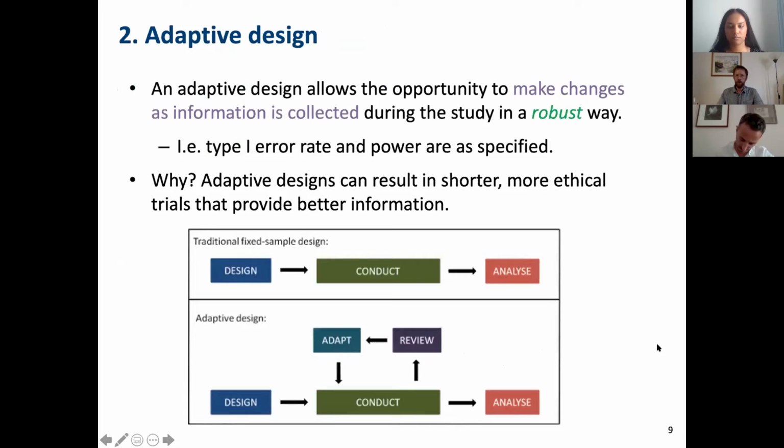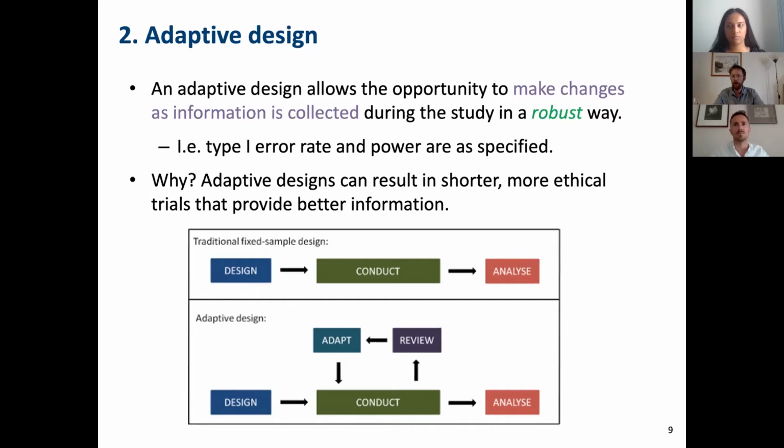So that's the first one. The second element is an adaptive design. And this has been a big research interest for both myself and Michael. We've done quite a bit of work on adaptive designs. So what is an adaptive design? Well, it's a way of making changes. It gives an opportunity to make changes to an ongoing trial as you're collecting information on the outcomes of participants, but doing so in a statistically robust way so that we know that, say, the type 1 error rate